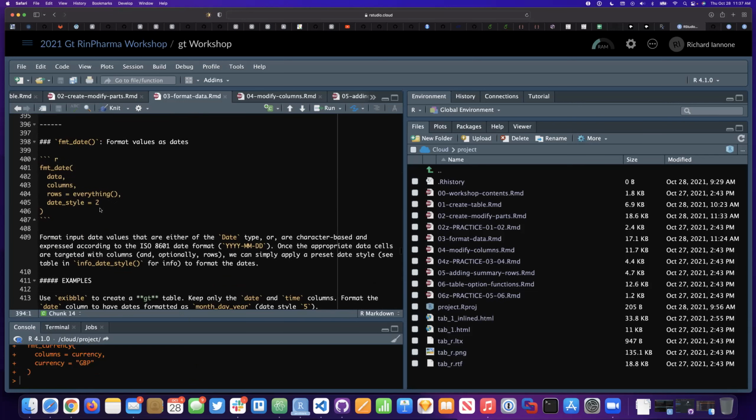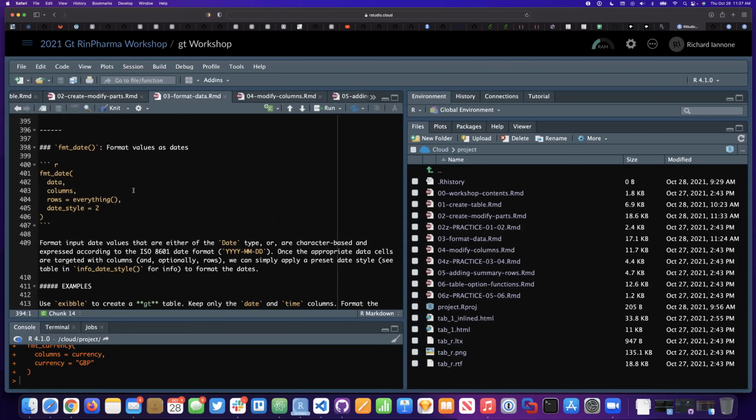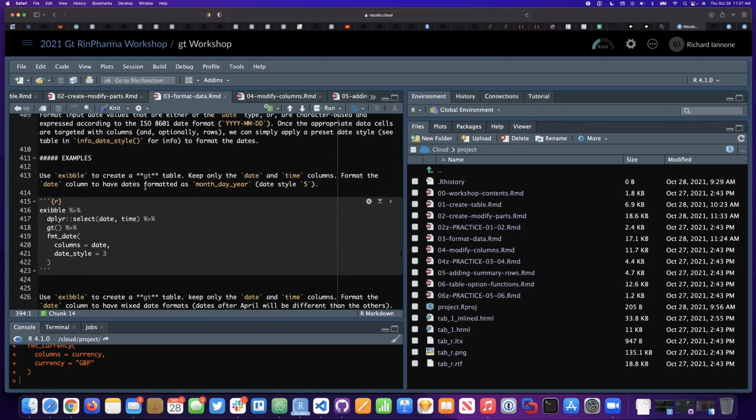Good. Okay, so that's format currency. You never know when you have to deal with monetary values, so it's a good thing to have. Now we're going to deal with formatting dates. Right now we have 3 functions: format date, format time, and format date time, and they all format with those